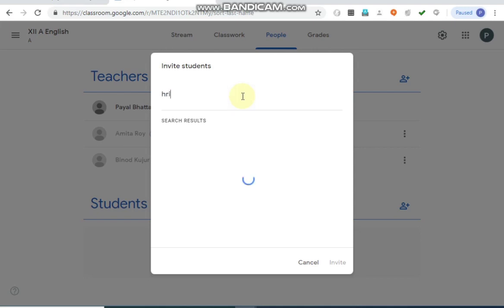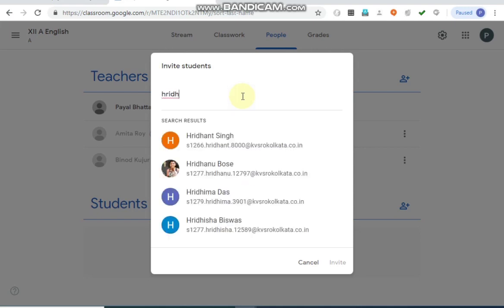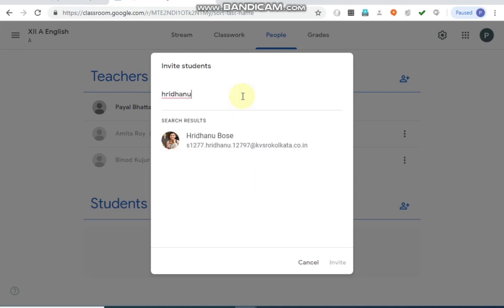Well, I have one name which is, yes, I thought to add Ridhanu Bose. He is from my school, and I thought that this name is a bit uncommon. So see, I am able to see Ridhanu Bose, his mail ID.